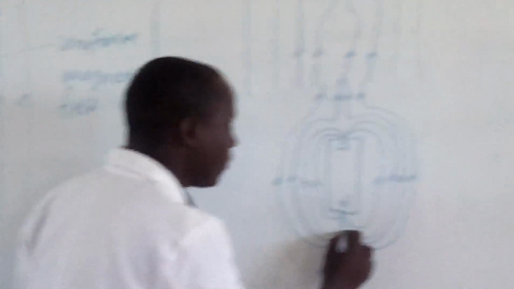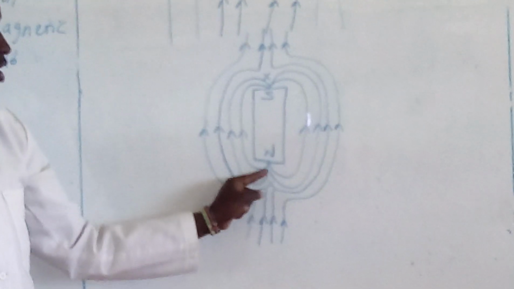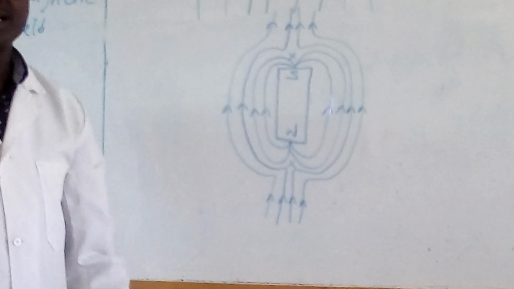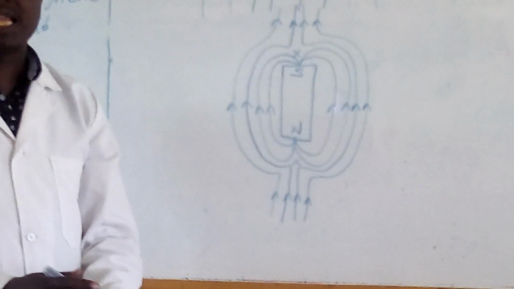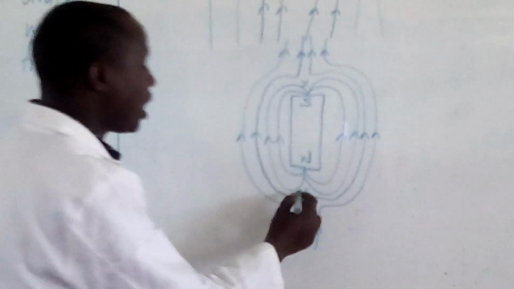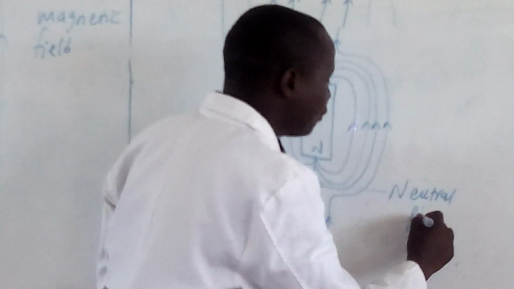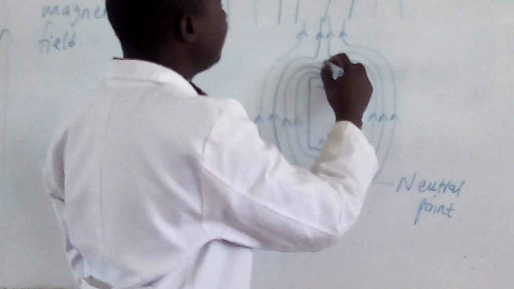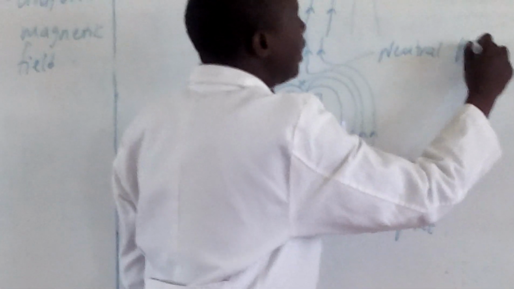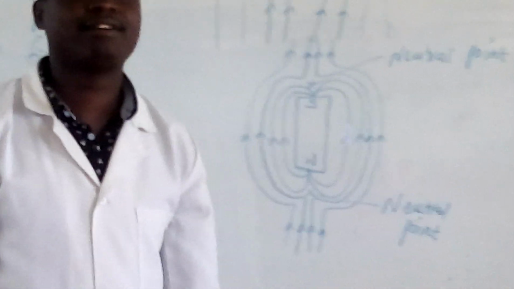Okay, this point also here, it is like this one here. Why? Because this one is moving downward, this one is upward. So then at this point they will be crossing each other. And then when crossing each other, they will cancel each other. So that means at this point there is no field. This one now we will also have a neutral point. We have a neutral point there. And even this point here we have a neutral point. So that one now is what we have about